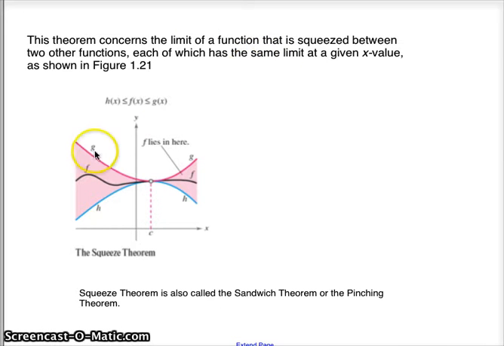So you see we have this function g, and that's the limit we could find analytically, and then function h, for example, could be a limit we could find analytically. Since they both have a limit as x approaches c, whatever that value is there, we know that any function that's squeezed between them will have the same limit at that point. So the squeeze theorem, also called the sandwich theorem or the pinching theorem, here's the exact